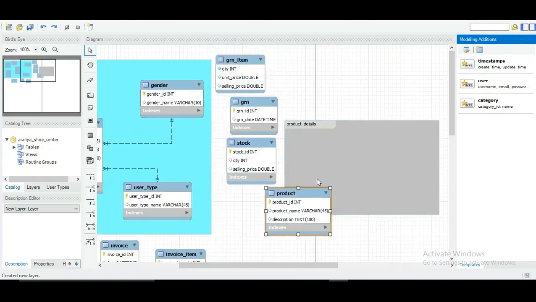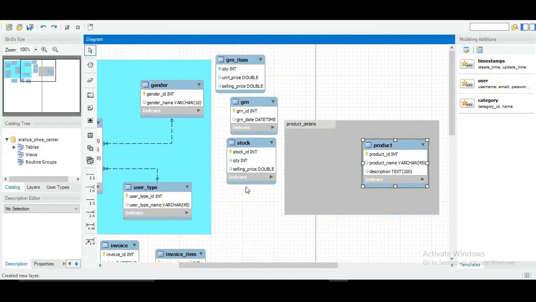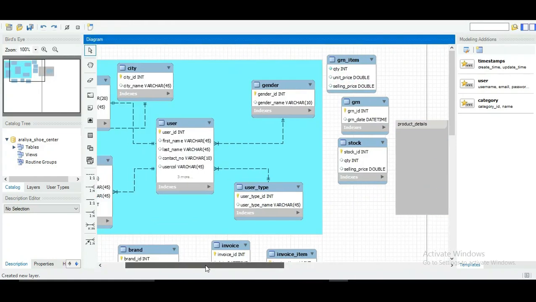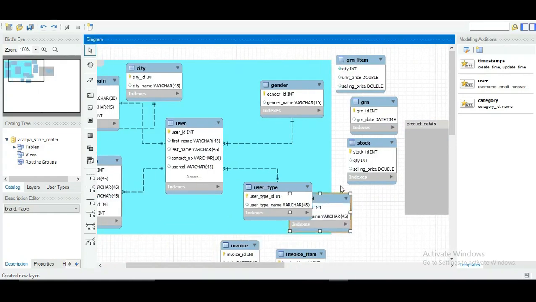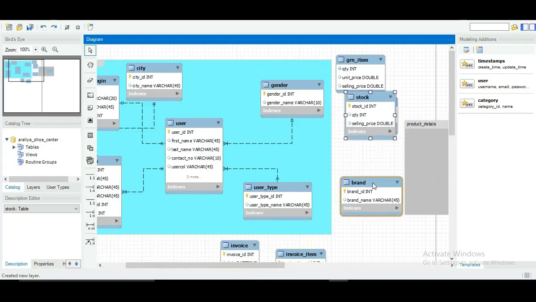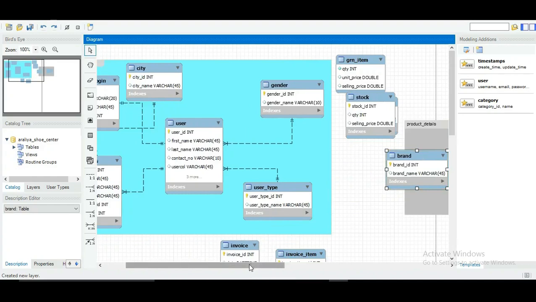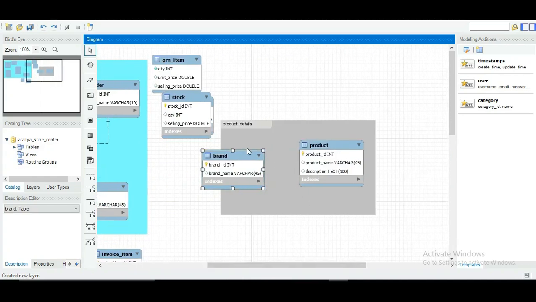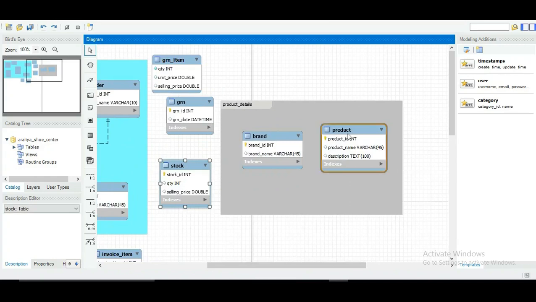And after that I'm going to just put the product and the brand table on top of this layer. And now, since there can be many products that are under the same brand, that means there can only be a one-to-many relationship between these two tables.